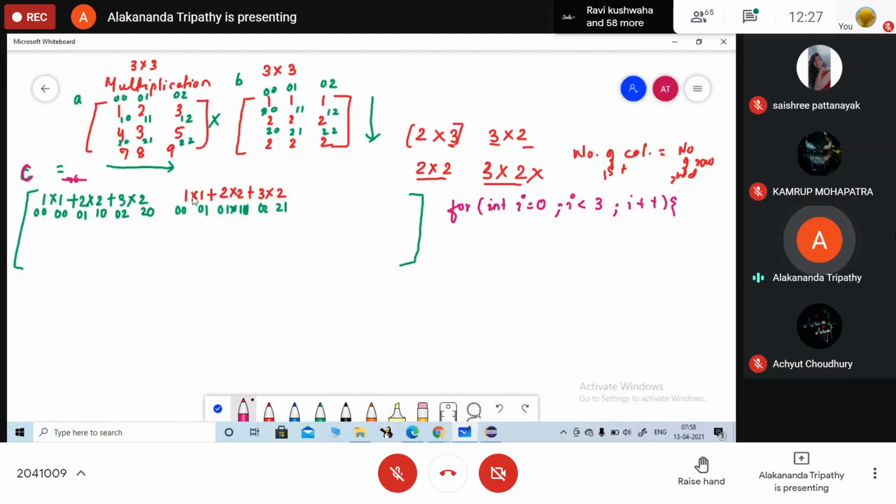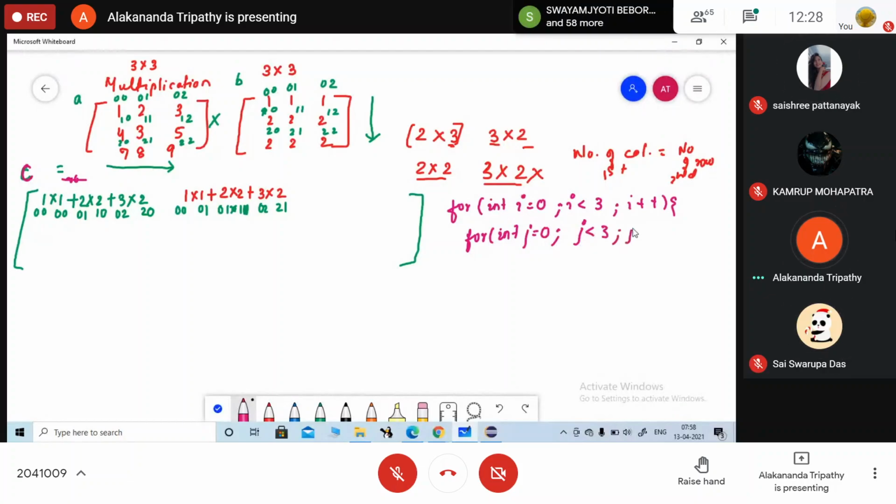So ये I loop क्या है? It is just going to count the number of, क्या count करेगा? Number of rows. And your J loop will be used to count the number of columns. Here we are going to take another loop that is going to do this multiplication part.